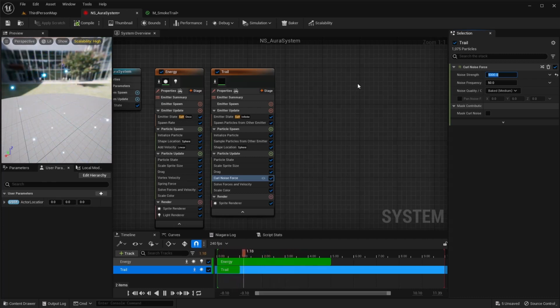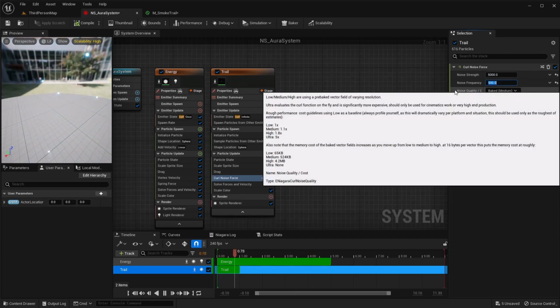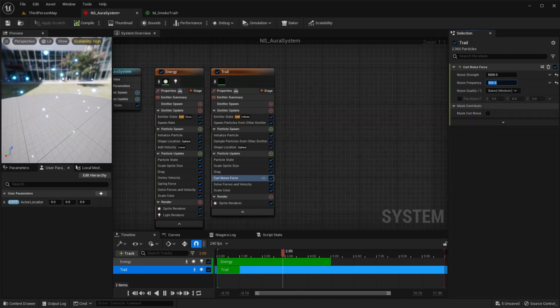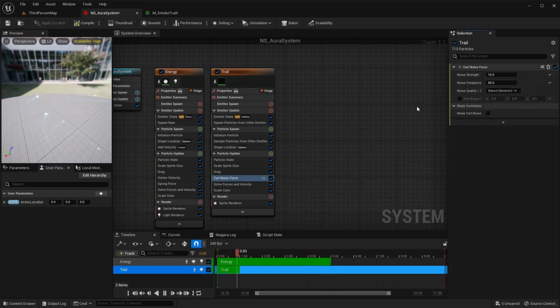Less, make it look more like a fuse, look more like sparkle. So there's all kinds of ways that you can play with this. For now, I'm just going to leave it in here at kind of a low number just to get a little more random variation to the behavior. And then that's going to do it for the trail part.